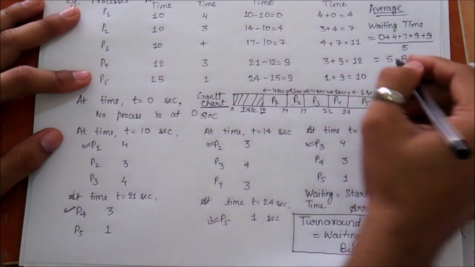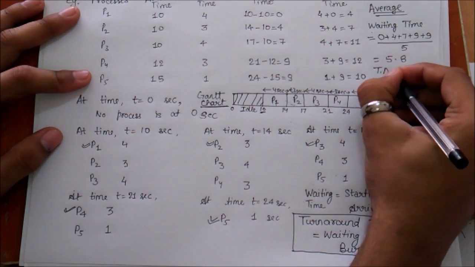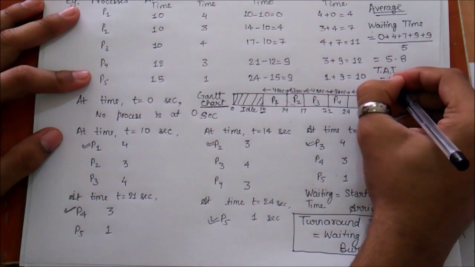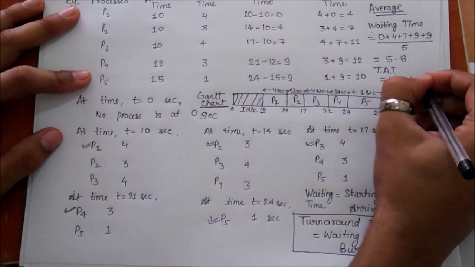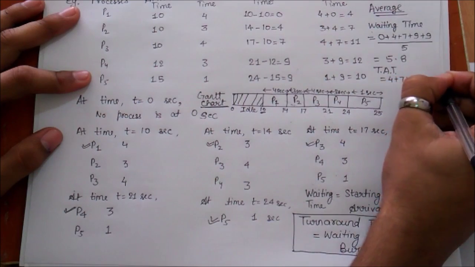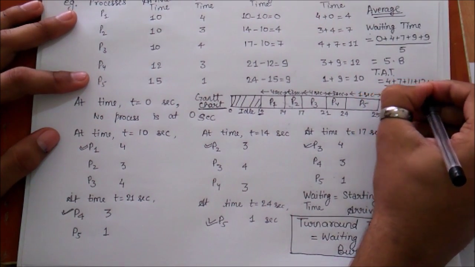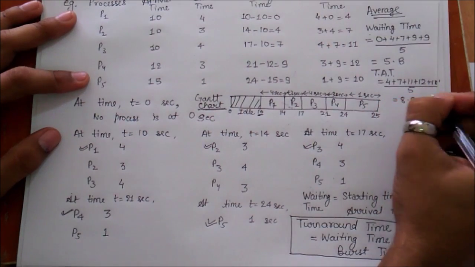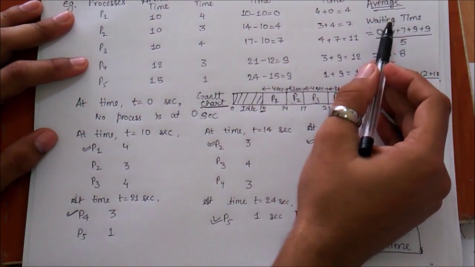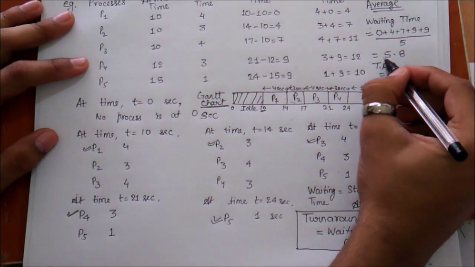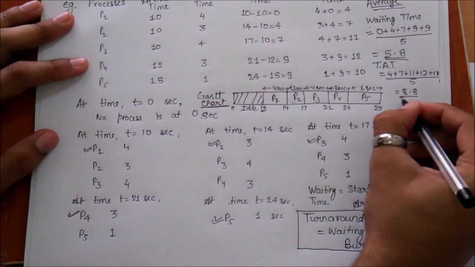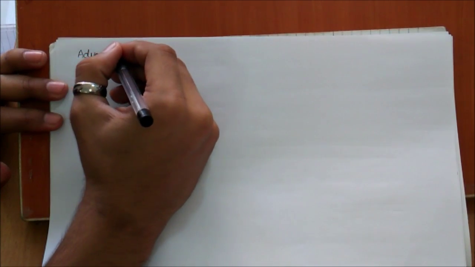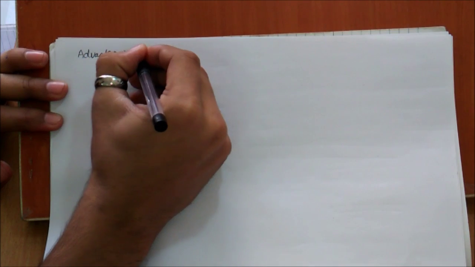And for the turnaround time, we add up all the process times, so it is 4 plus 7 plus 11 plus 12 plus 10, divided by the number of processes, that is 5, and it comes out to be 8.8. So as you can see, here is the average waiting time of the FCFS process and the average turnaround time of the FCFS process. As we can see, there were major advantages with FCFS,